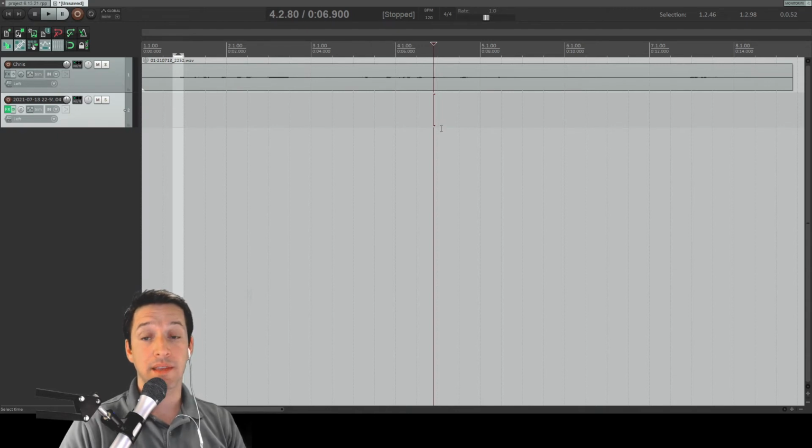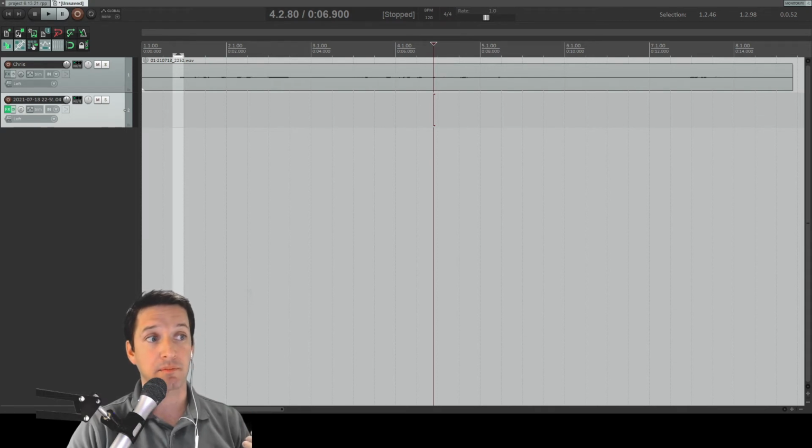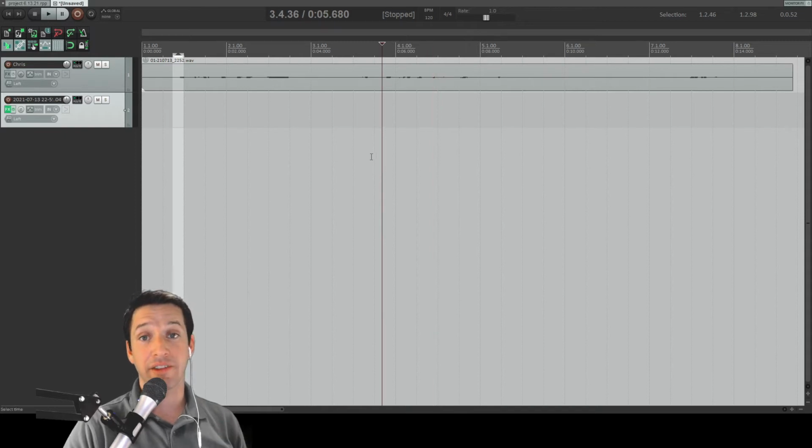If you recorded something on Zoom or Riverside, download those files, drag and drop. You can go up to the top to insert media file in Reaper. I think in Audacity it's over in File, and you need to add media over here. But you just want to add that file in just like you're adding anything else to a program. If you're opening something in Microsoft Word, it's the same process. So once you have a file here,